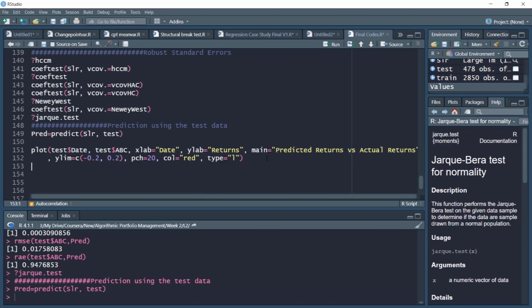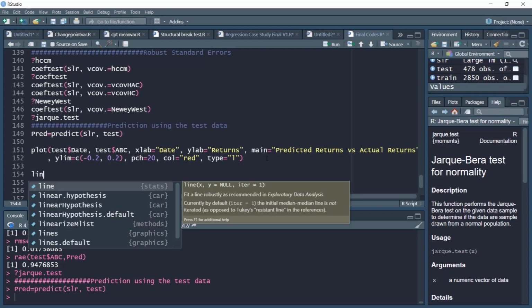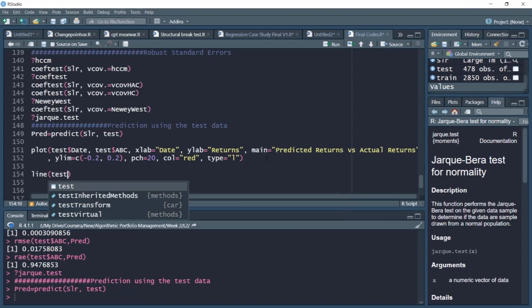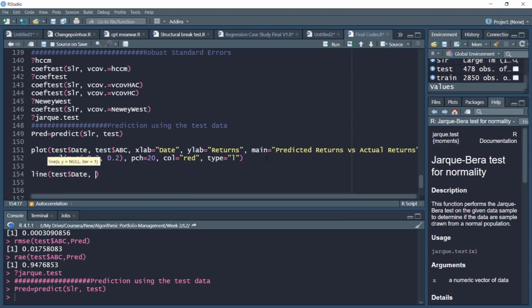Now, along with ABC returns, we would also like to have our predicted object plotted along the date. So again, on the x-axis we have date, and on the y-axis we would like our predict object, line width of 1. Let us specify the line width of 1 here also, although it's not necessarily needed, but just for information you can change it to 2 or any other number if you want the width to be higher.